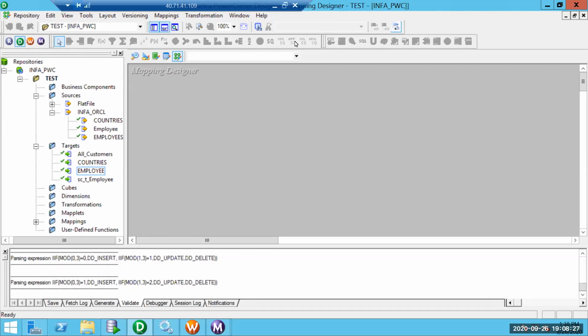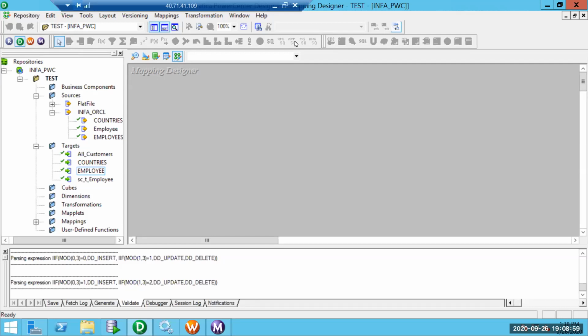With lookup, if it finds an entry, it can return it, or we have the active transformation too. Since the lookup cache is built during the initialization phase, obviously it will be faster in terms of execution.